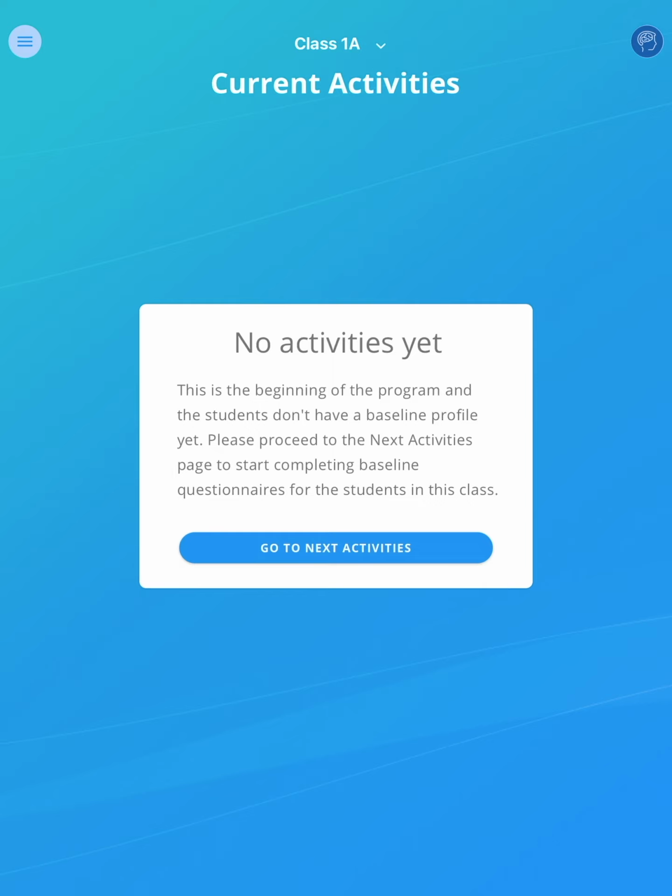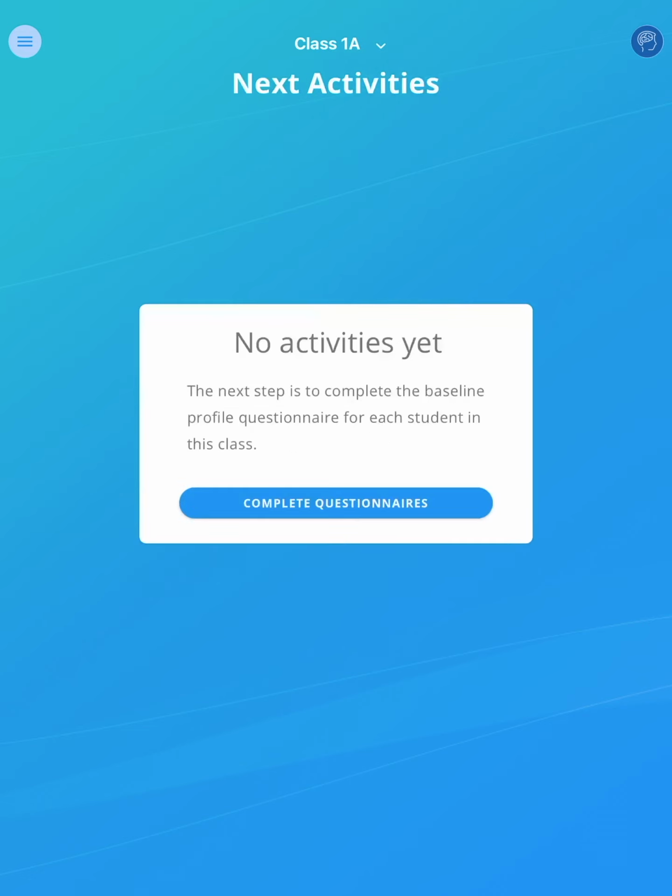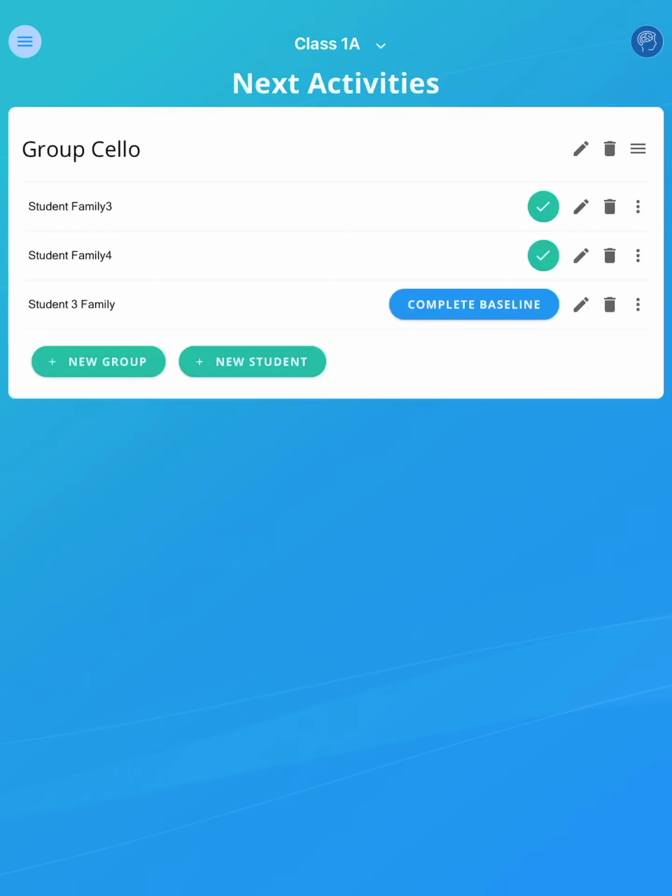In Class 1A, we don't have activities ready for us quite yet because we first need to create profiles for each student. This will help the expert system customize your enrichment program to the needs and abilities of the students. You can customize a program for individual students. You can also create enrichment groups in your class with students who have similar issues and generate a program customized to the needs and abilities of the group.